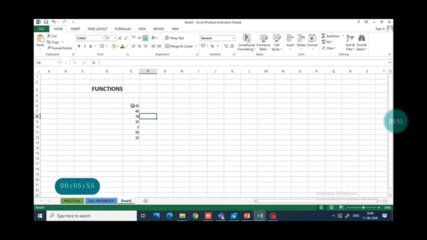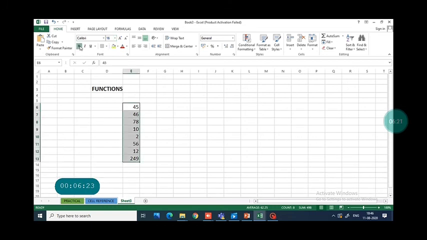Now let us see the example. First of all, you have to select the range of cells, then click on auto sum. It gives you the addition of all the numbers. In the same way you can find out the average of the cells. This calculates and displays the average of values in the given range. For that, first of all, select the range of cells, click on the drop down arrow of auto sum and select average.